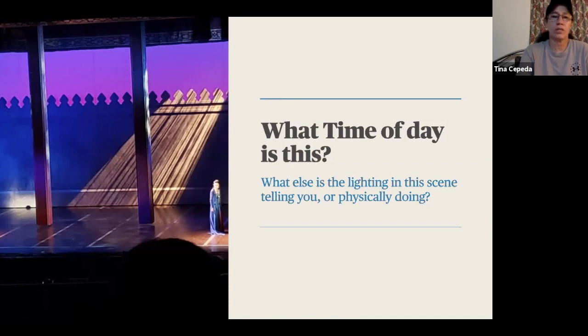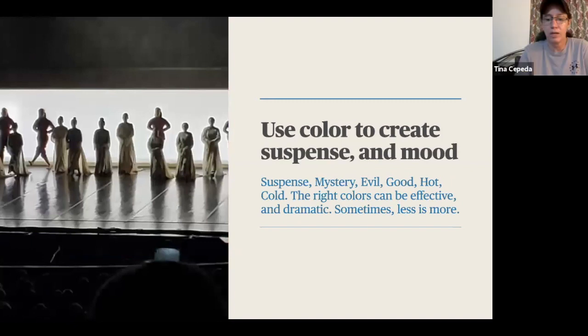So also, what is this? I don't know if you can see the whole picture or not. But if you look at the acting space, what is the light physically doing to the actors? It's separating them. If you look at the breakup on the wall there, it creates separation. That's something else that lights do that a lot of people kind of overlook: you can actually create a space with just a single light and kind of elongate the stage or create distance between actors. So it not only tells the story, time of day, things like that, but you can also help create